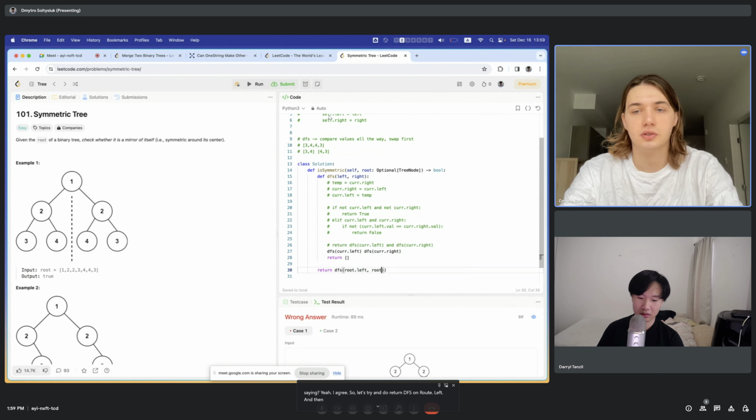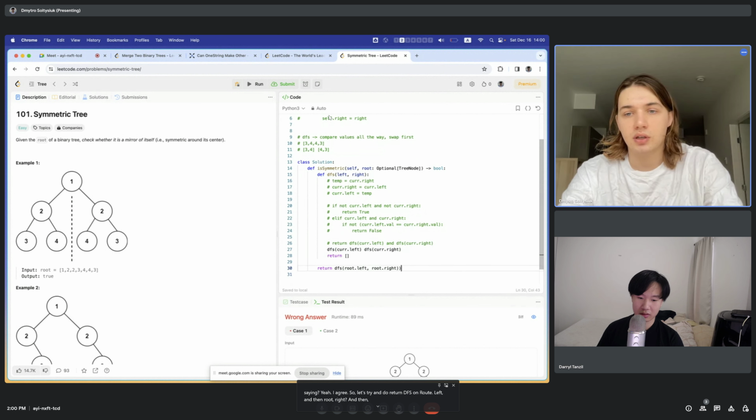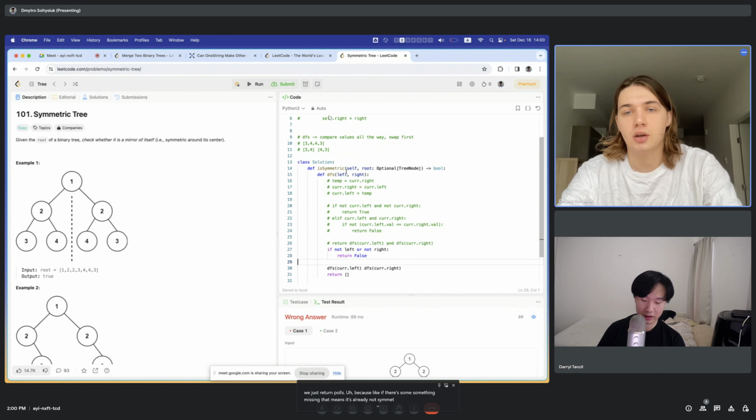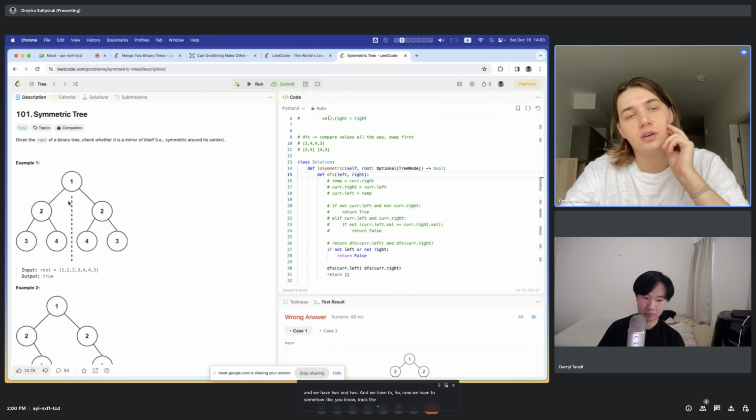And now we have to first handle the condition where there's not left or not right. That means that we just return false, because if there's something missing, that means it's already not symmetrical, right? Correct. So they both have to be set. So now we have a root of one, and we have two and two, and we have to somehow track the